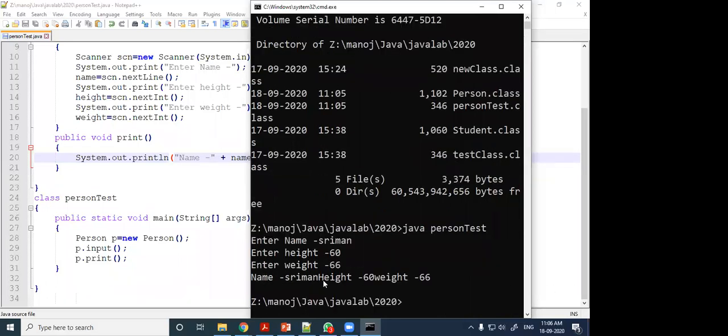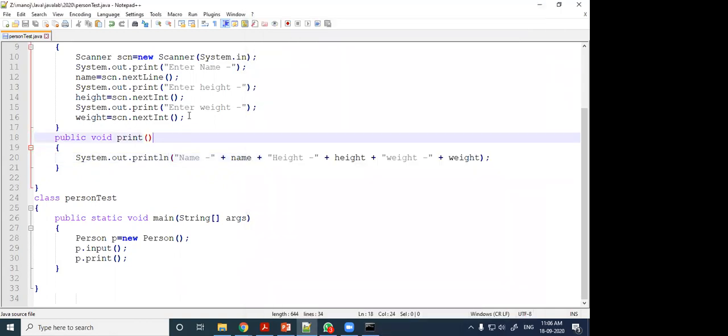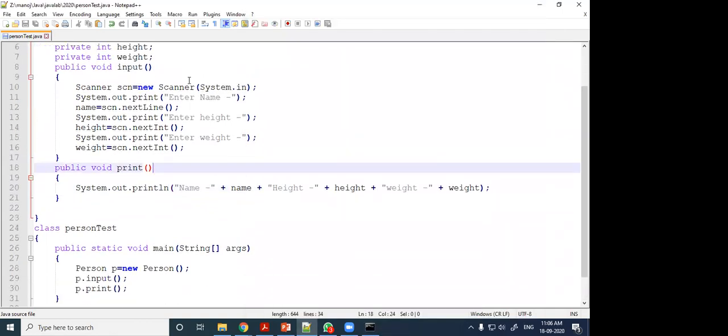Then Shriman, height. And one thing you might have marked here, you must have seen here. After inputting the line, I have not used anything for a buffer issue. After inputting this line for string data, numeric data works automatically. But after numeric data, if you are going to take string data, if there is some information in the buffer, then it will take it instead of accepting from the keyboard.